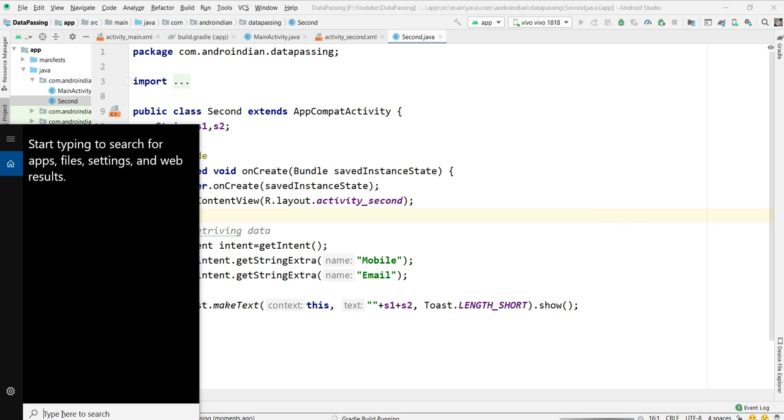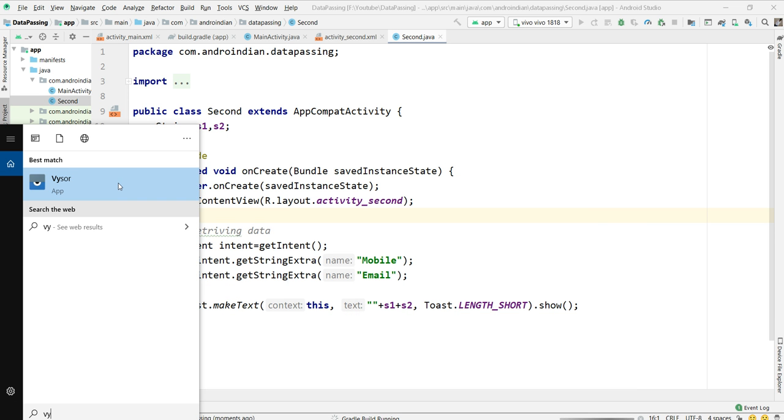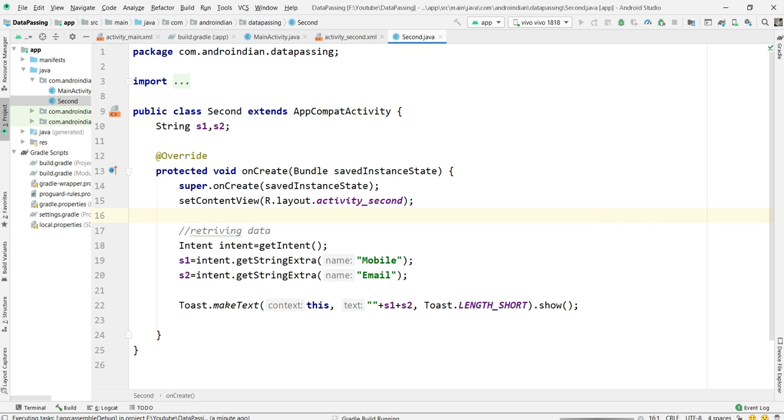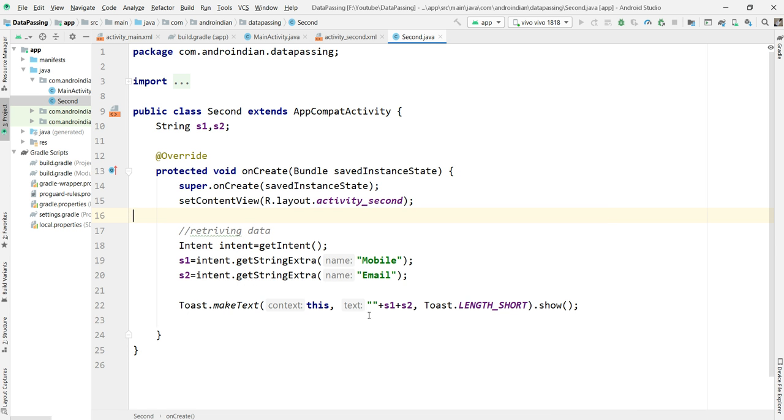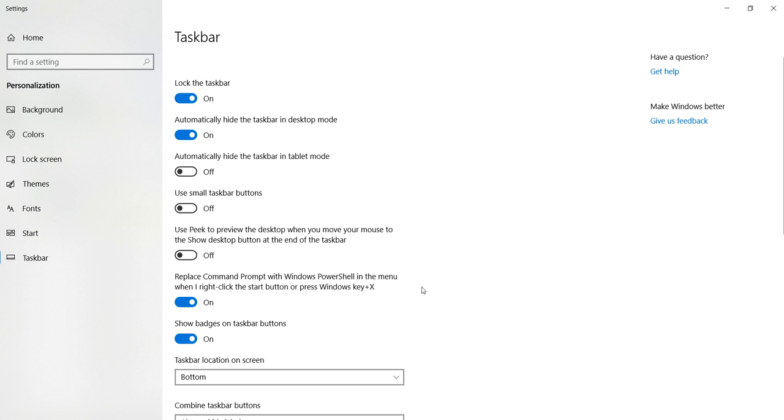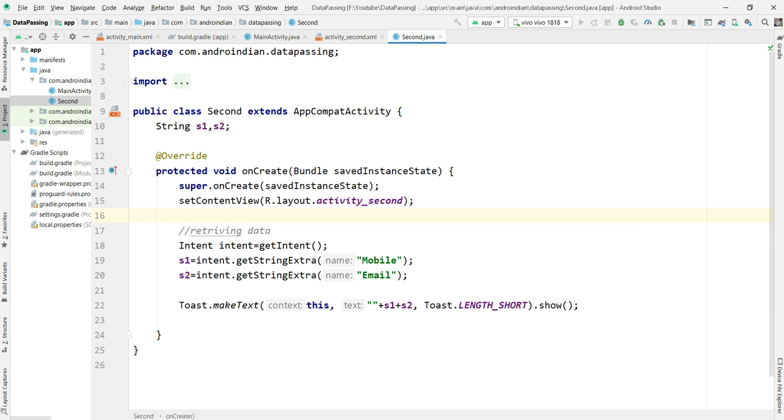Still the program is running. Yeah, it has run.